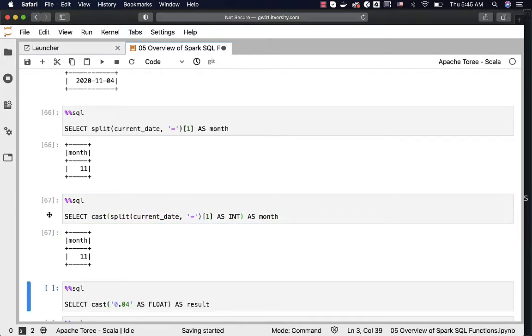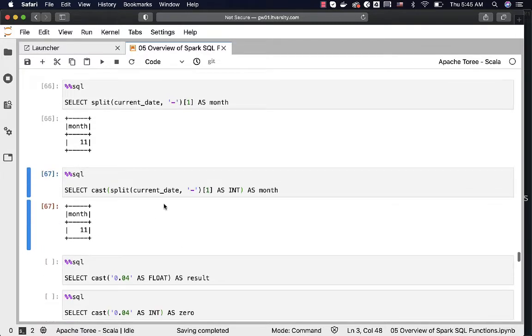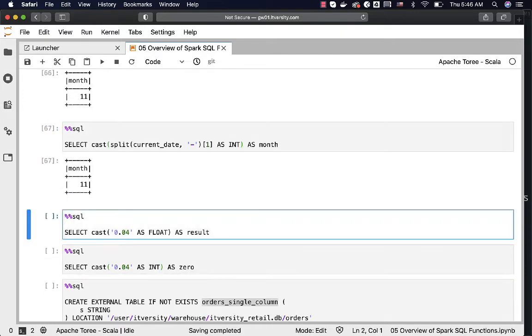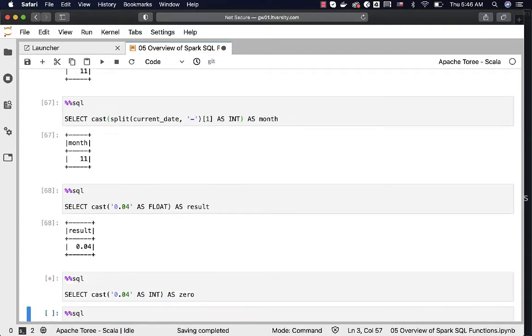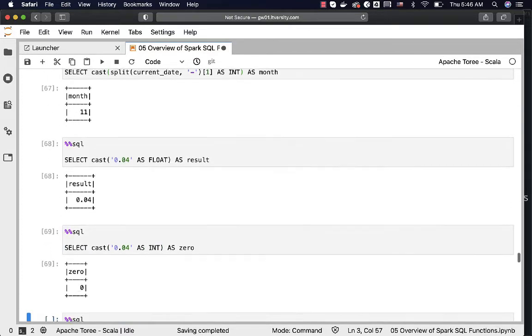You can also convert it into float. However, the output will be 11.0, and also keep that in mind that whatever value you are trying to typecast, if it is not convertible, it will just return null. So keep that in mind. Now you can actually run this to convert this string to float. Similarly, you can actually run this to convert this to integer. However, when it comes to integer with respect to this number, it is 0. That's why it is returning 0.